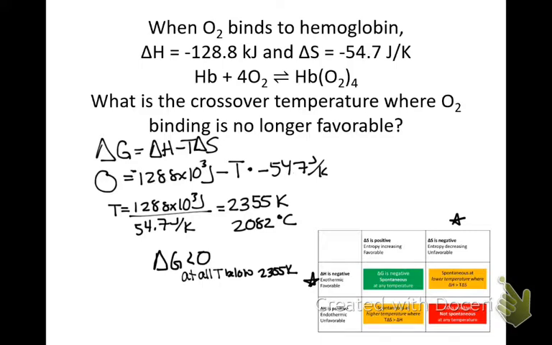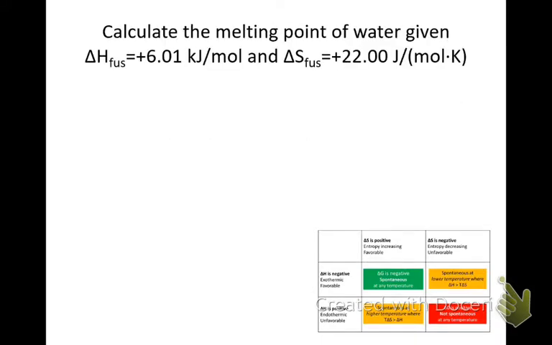We can do a little more conventional example, but we're thinking about going to a different quadrant in this case. Here we have a positive delta H, an endothermic reaction, and a positive delta S. Okay, so this is the melting point of water. We're looking at the fusion reaction. So this is solid water or ice becoming liquid water. And so here if we do the same thing, set delta G equals 0,